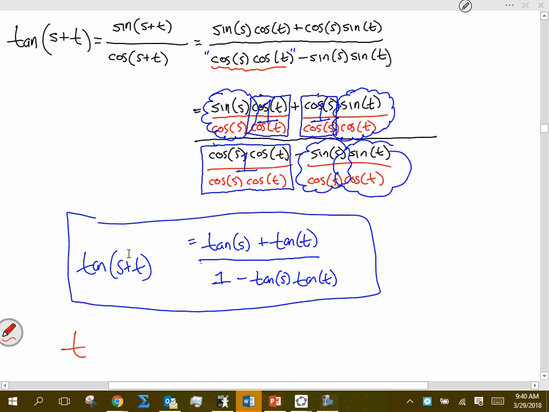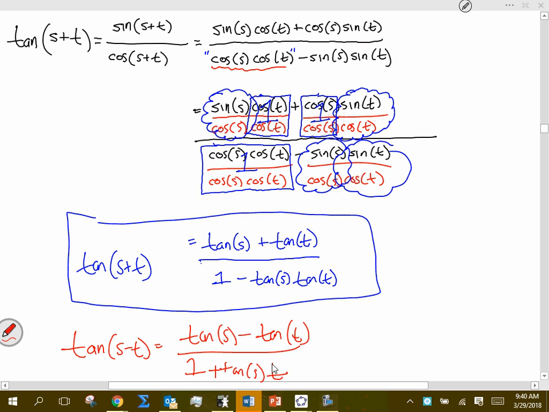Just by replacing T with negative T, we will see that this transforms to tangent of S minus tangent of T over 1 plus tangent S tangent T, if you need to subtract your angles. Is that right? Now, what's the benefit of that? Now, if I want to find the tangent of 255,